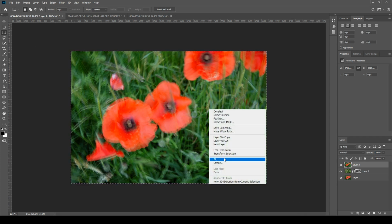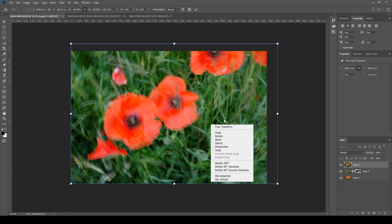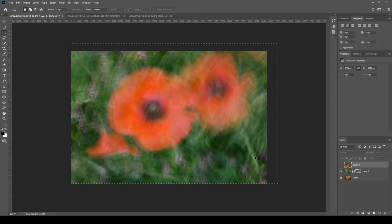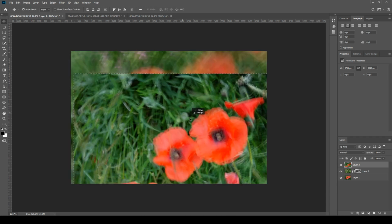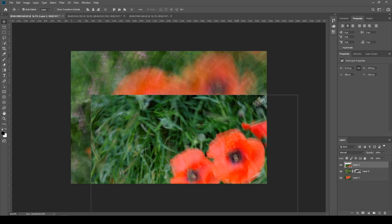I think I might take this layer here, so let's select it here, and I'm going to free transform it, and I'm going to enlarge it a bit, although I don't want it to be too much like the original. I think what I'll do is flip it vertically and flip it horizontally, because what I'm trying to do, if I turn this off here and show you this layer, is get some interest around these bottom bits, a little bit more interest around the bottom here, maybe up at the top here. So if I can drag this down, somewhere around there, I think I might actually